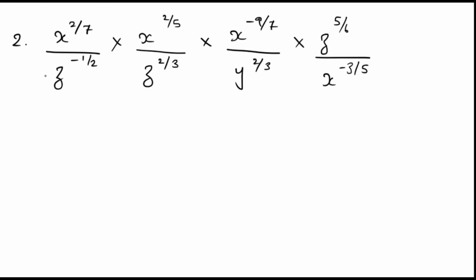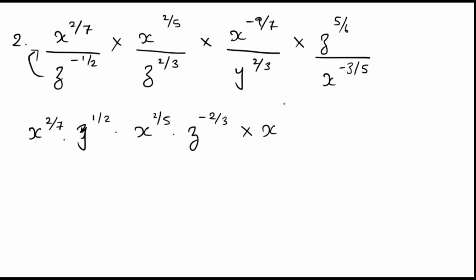Here I am bringing all the terms in the denominator to the numerator. When you do that, the sign will change in the power. So this will become x to the power 2 by 7 into y to the power minus 1 by 2, will become 1 by 2 into x to the power 2 by 5 into z to the power 2 by 3. When it comes to the numerator, it will become minus 2 by 3